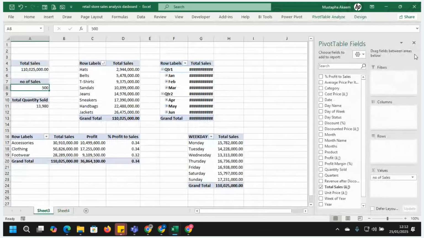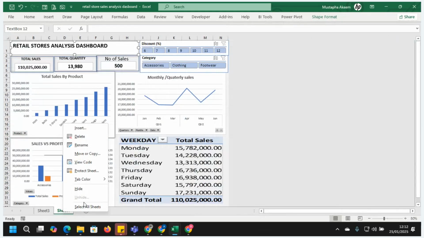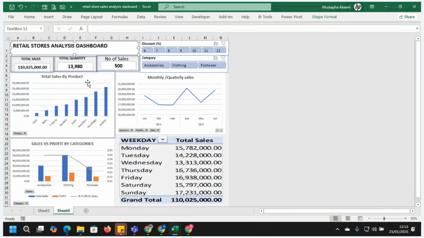You can see there is no data here, and nothing is hidden, no unhide button here. Everything is just connection only.